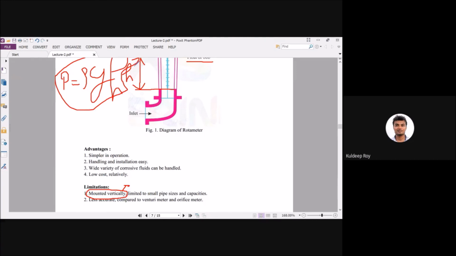Because when you design a reactor, if there is some kind of reactor and you are sparging any kind of gas through a cylinder, this is your cylinder, then what will happen? You can easily apply a rotameter here or a pressure sensor here, or you can easily apply a rotameter here and you can monitor or control your gas by using the rotameter. Okay,